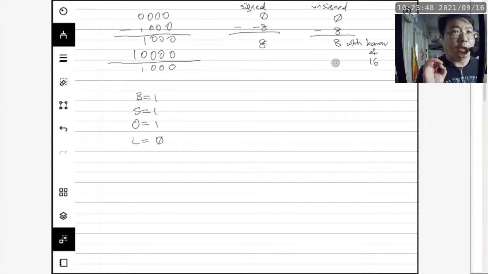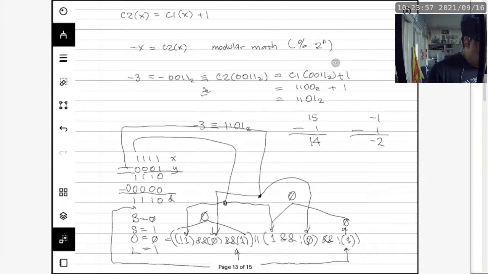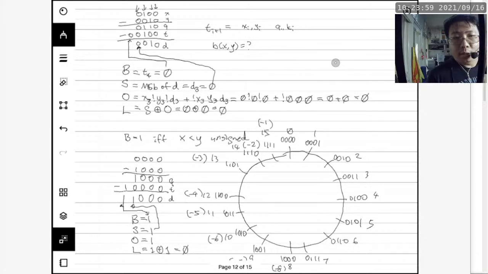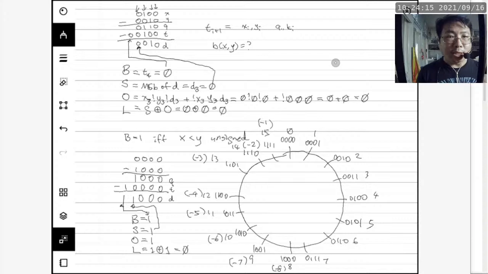And some of you will look at the number wheel and say, hey, that actually works out too. I don't see a problem in the number wheel, because in the number wheel, 1000, which is the bit pattern that we got as D, is both -8 and 8. But you cannot have it both ways. If you choose to look at 1000 as -8, you have to be consistent for the entire calculation.